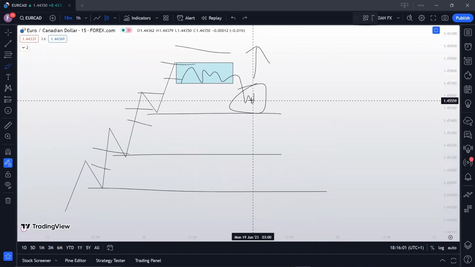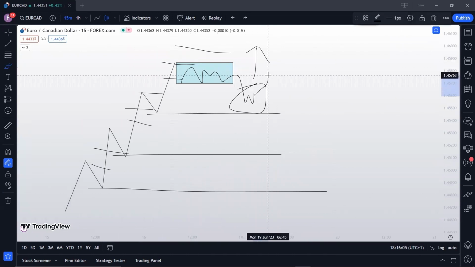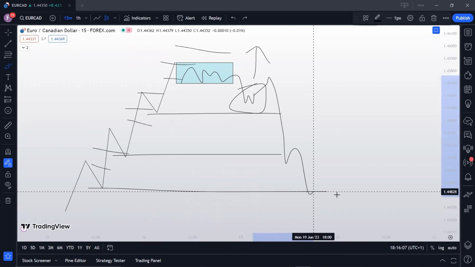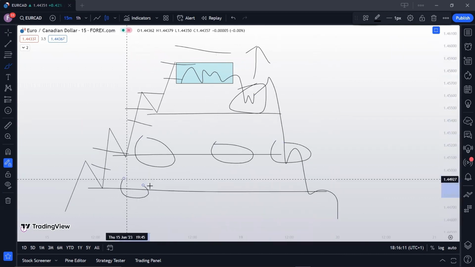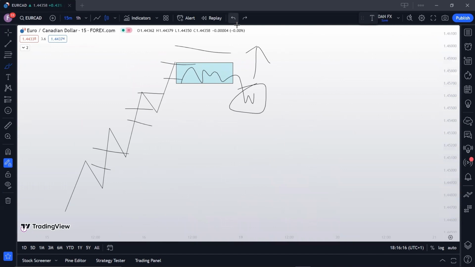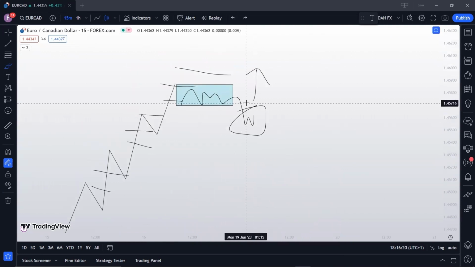When you see something like this, you're not meant to take it back up because what the market makers are going to do is basically they're going to go up a little bit like this and then continue down and then go and hit all the liquidity, take out all the liquidity that is located down here. So you have to know where you are in the market. You have to know when the trend is about to exhaust, when the trend is just starting,